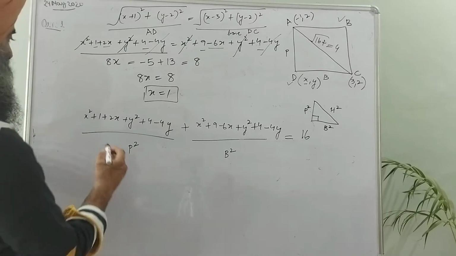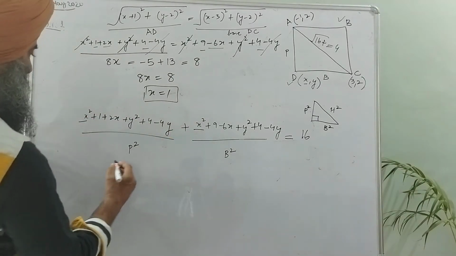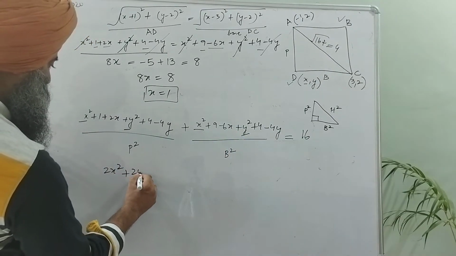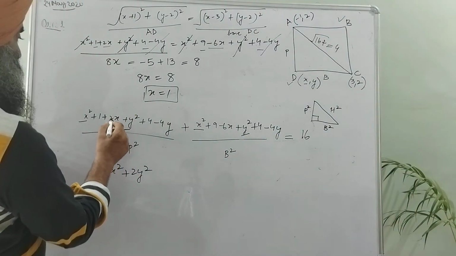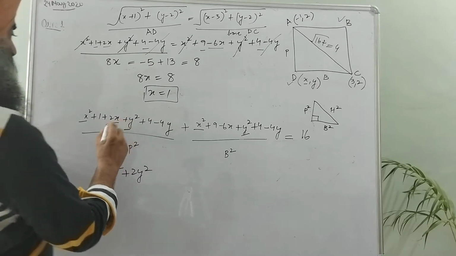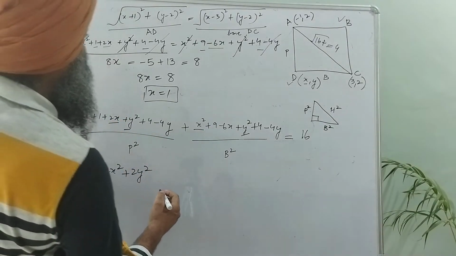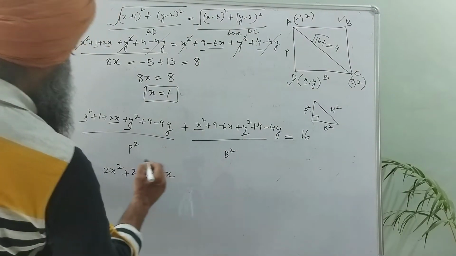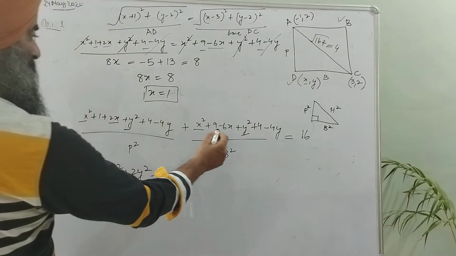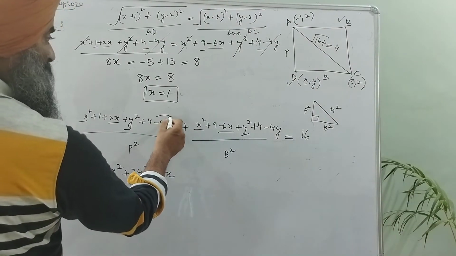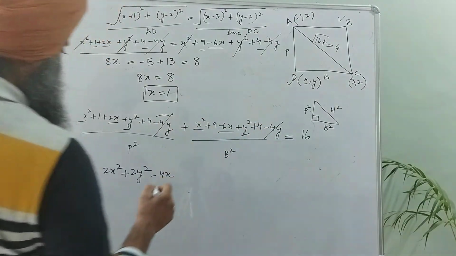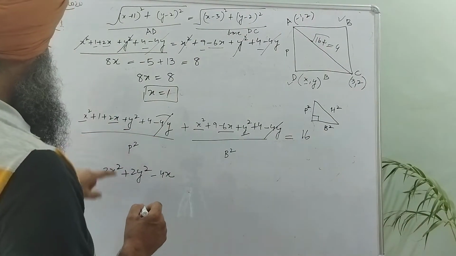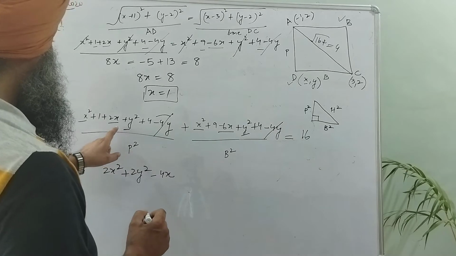So now you see that this is x square is 2x square. Y square plus 2y. Always do like this. Put the arrow so that you know you have done it. 2x minus 6x is how much? Minus 4x. That is minus 4x. Am I right, students? You have done. Then y minus 4. This is cancelled. Alright. So we get 2x square plus 2y square.